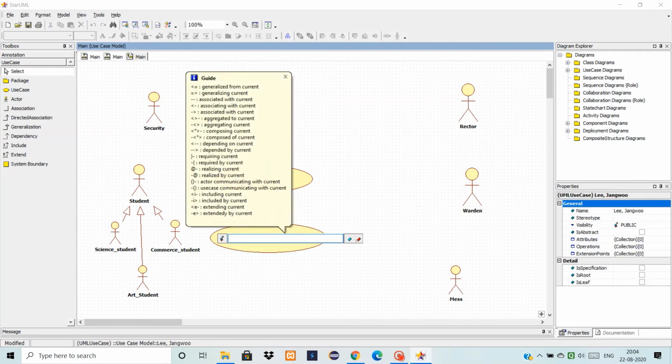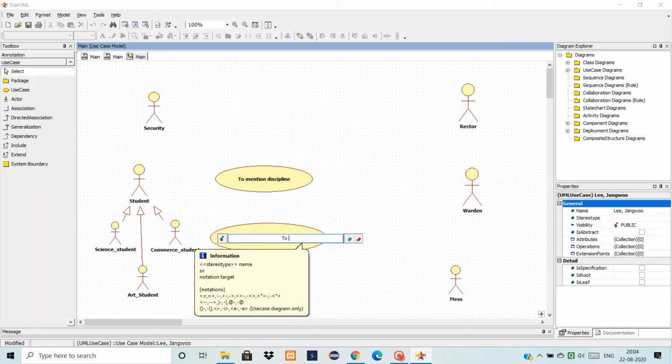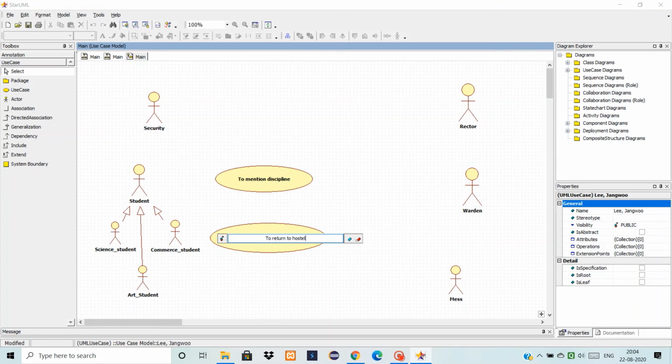So let us put here, to return to hostel before deadline time. Okay.